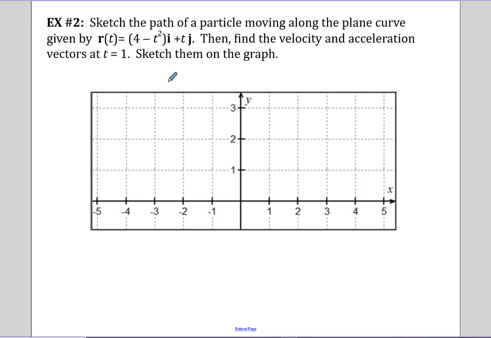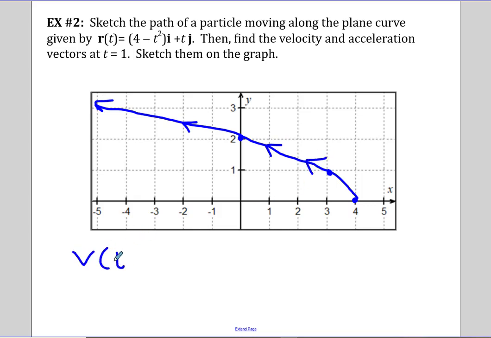So for 4 minus t squared in the i plus t in the j is going to be some sort of a sideways parabola heading that way, showing the arrows in the direction,